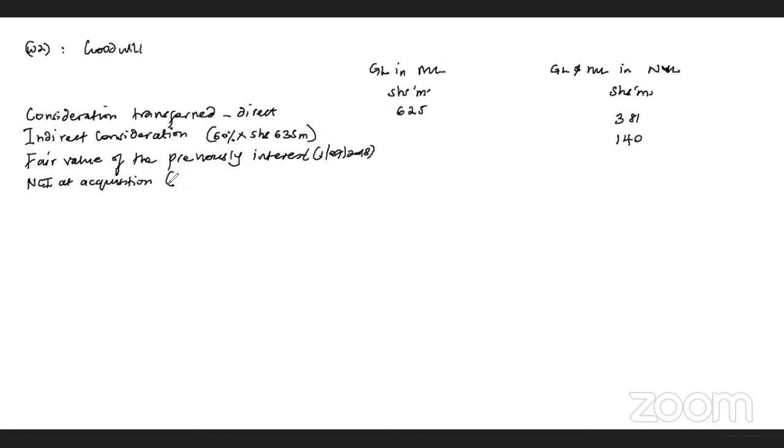We are using the proportionate share method. Under the proportionate share method, you simply get the NCI percentage. For example, in ML, the NCI is 40%. Then times the fair value of the identifiable net assets of ML, which was given as shillings